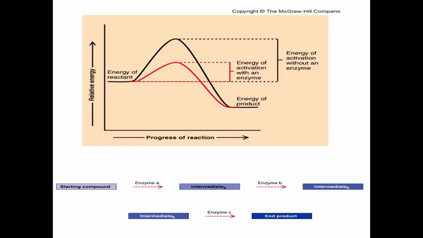So I like to think about enzymes like coupons, okay? You go to Target, you buy a bunch of stuff. Snacks, toilet paper, clothes, whatever it is. You have to pay before you walk out of the store. If you're not paying before you walk out of the store, they're not technically yours. You're not going home with those products without the cops coming after you, in theory. You need to reach that required amount.